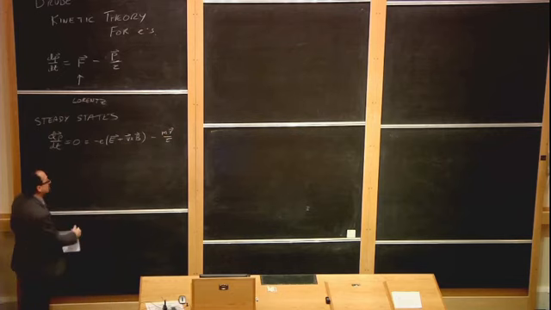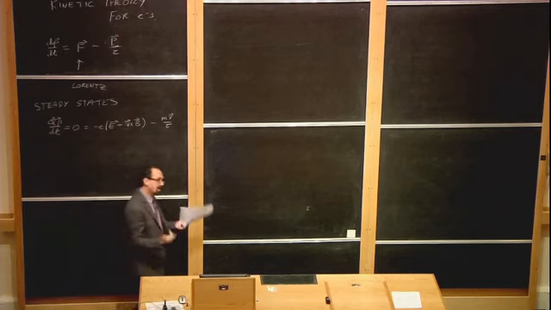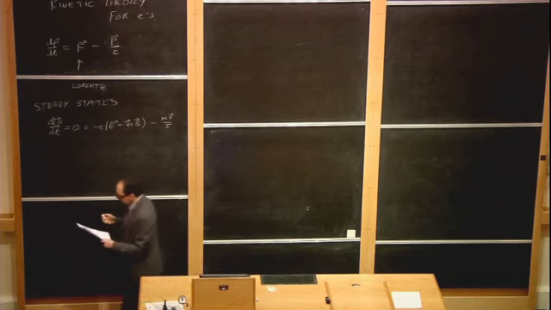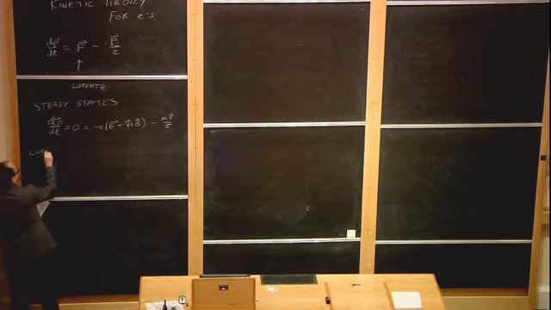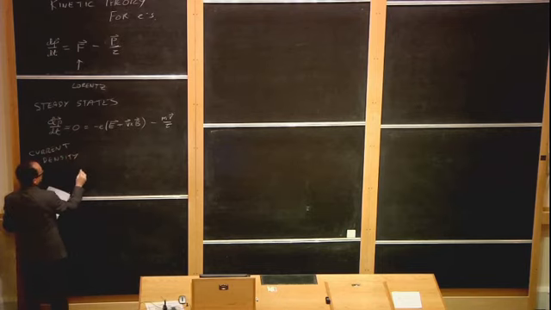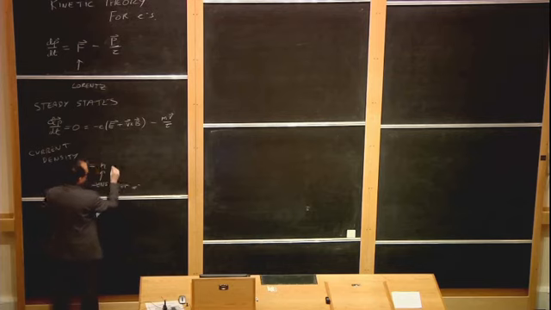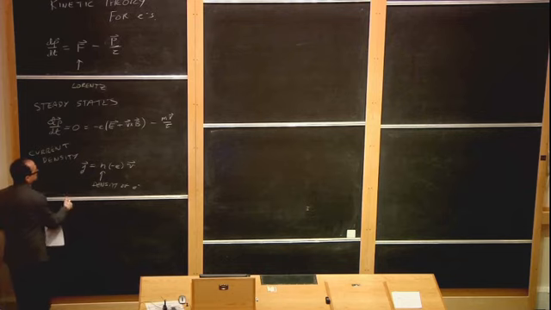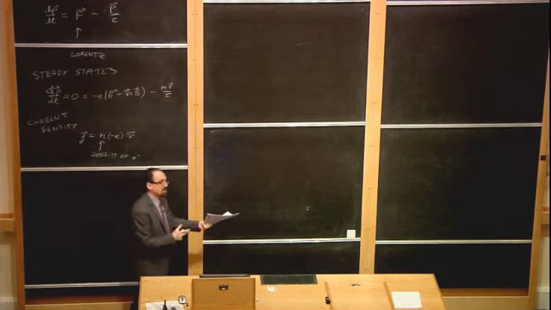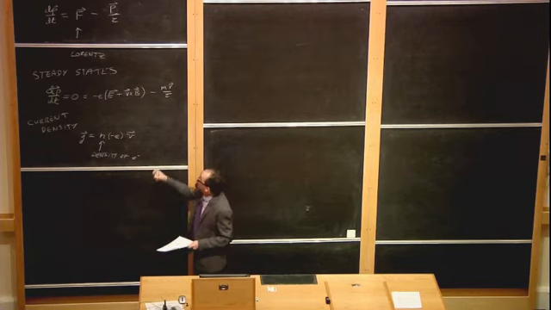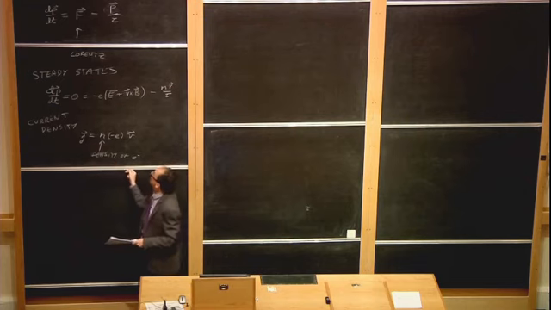Now, velocity is a perfectly good quantity, but it's not actually what you are likely to measure in an experiment. What you're much more likely to measure in an experiment is the current density. Current density, very closely related to velocity. J is the density of electrons times the charge on the electron, which is minus e, times the velocity. Okay? So the current density is just how many electrons you have, with the charge they have, and how fast they're moving. So every time I have velocity in that equation, I'm going to plug in j instead and divide by an n and a minus e.